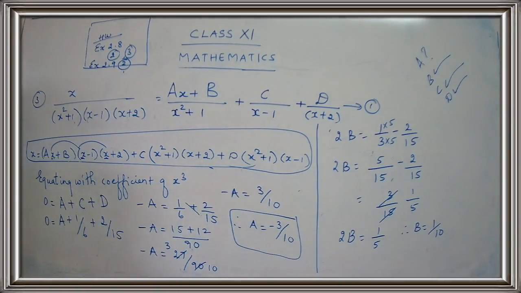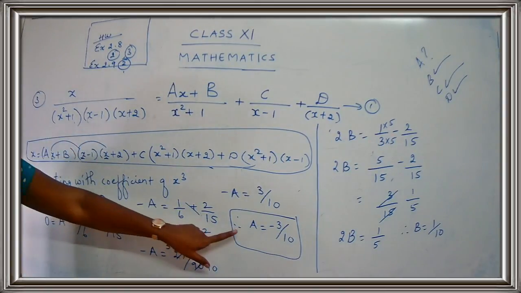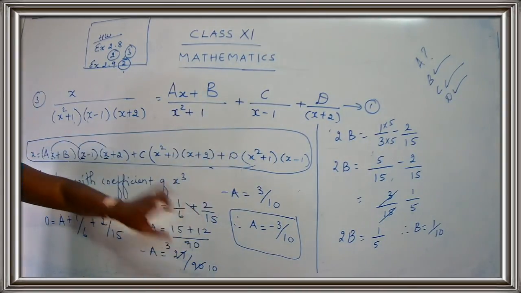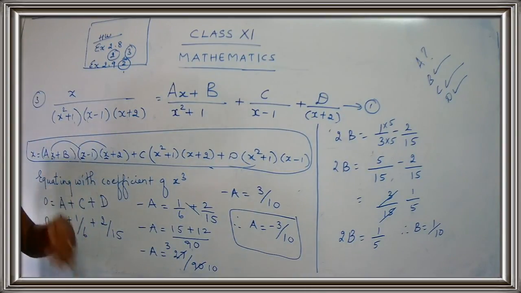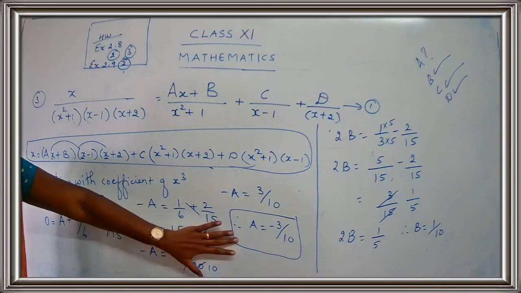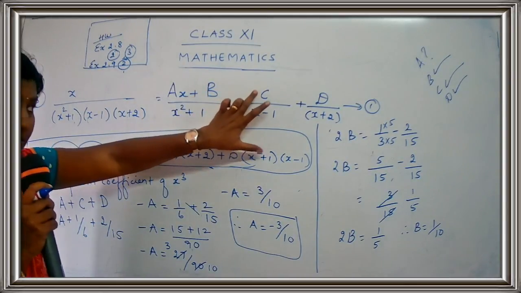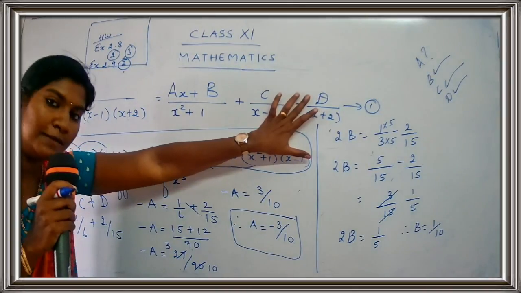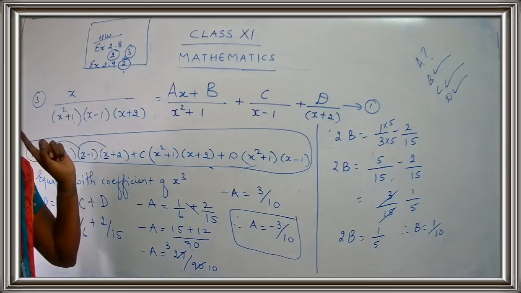The sum is not complete, children. You have to do one more work. As we have substituted for a, b in the previous cases, we have got the value for a, b, c, d. So now you have 2 more steps to do, and you are going to do those 2 steps as homework. Once you go on practicing, you will get an idea. You're going to substitute the value for a here, the value for b here, the value of c here, and the value of d here. Then you write the final answer. Are you getting my point, children?